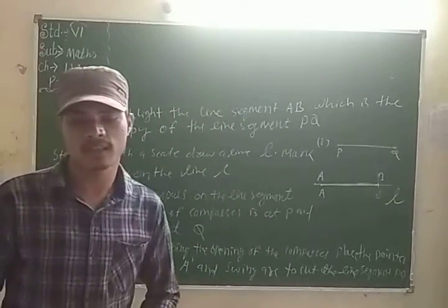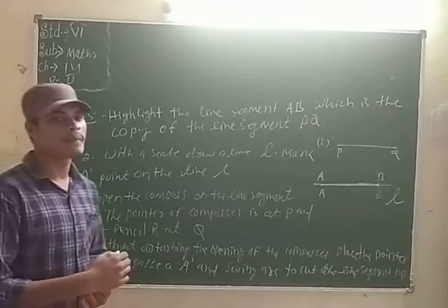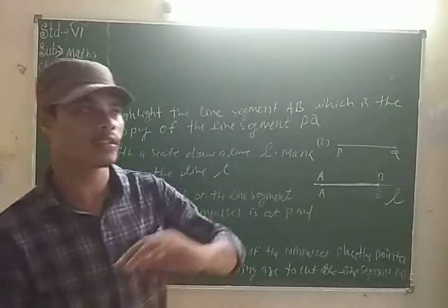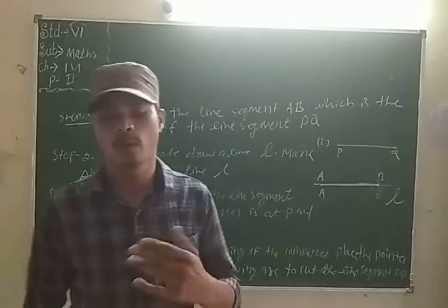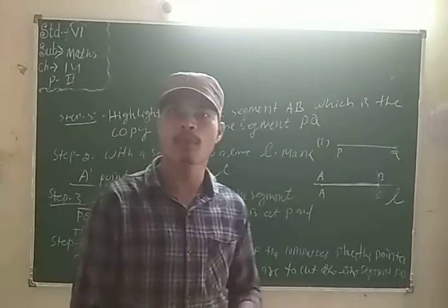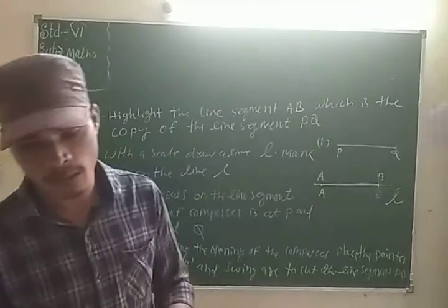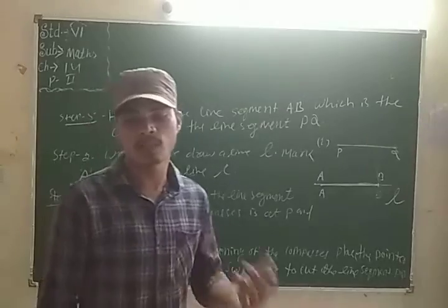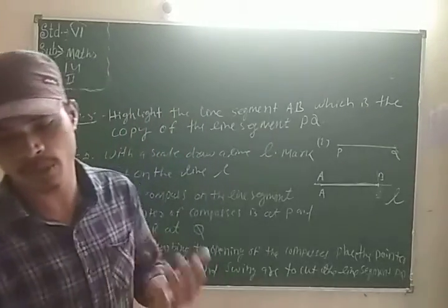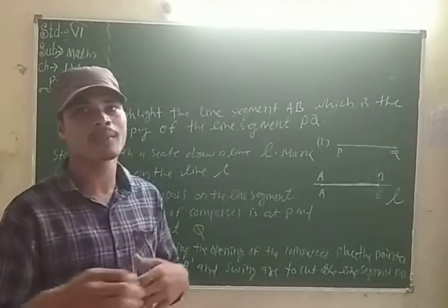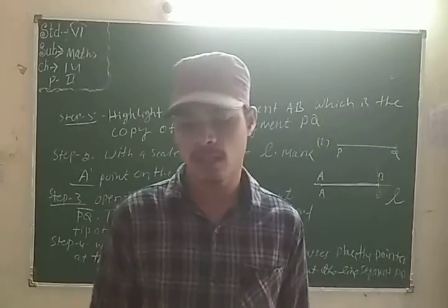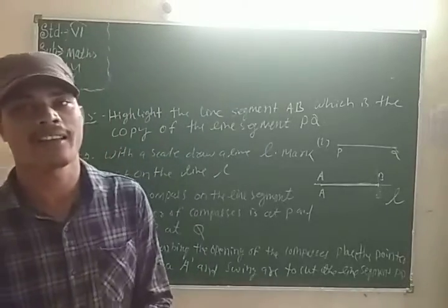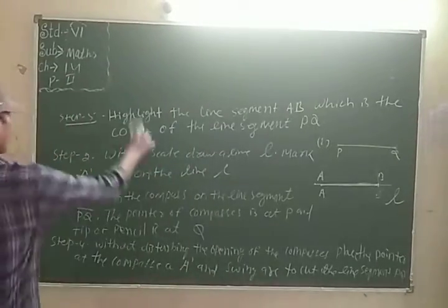Okay. Now we construct perpendiculars. Perpendicular means the angles formed are 90 degrees. When we construct two lines and they form 90 degrees, that is perpendicular. Two line segments are said to be perpendicular if they intersect such that the angles formed between them are right angles. That means they form 90 degrees. That is called perpendicular lines. Now we will learn two constructions of perpendicular lines.